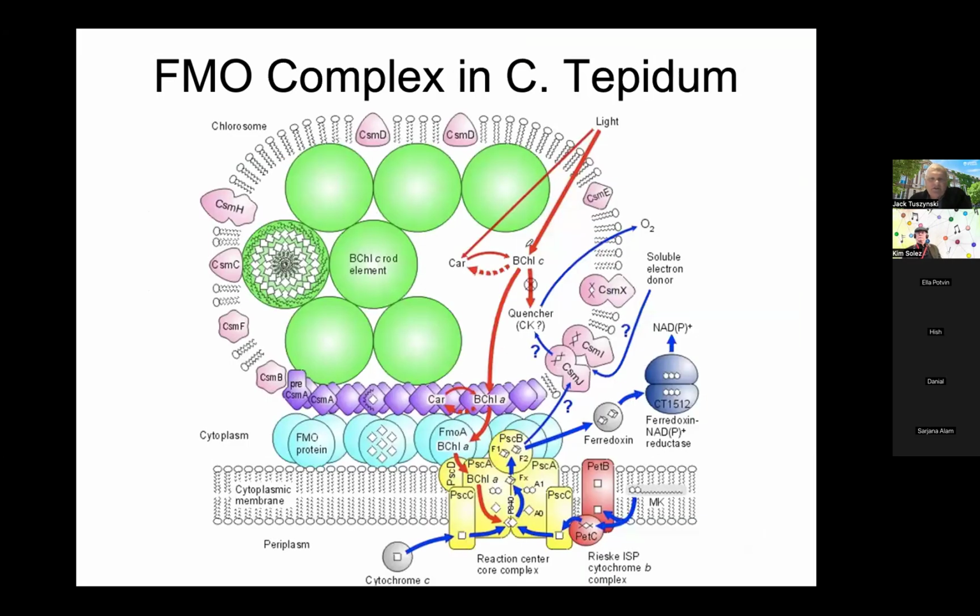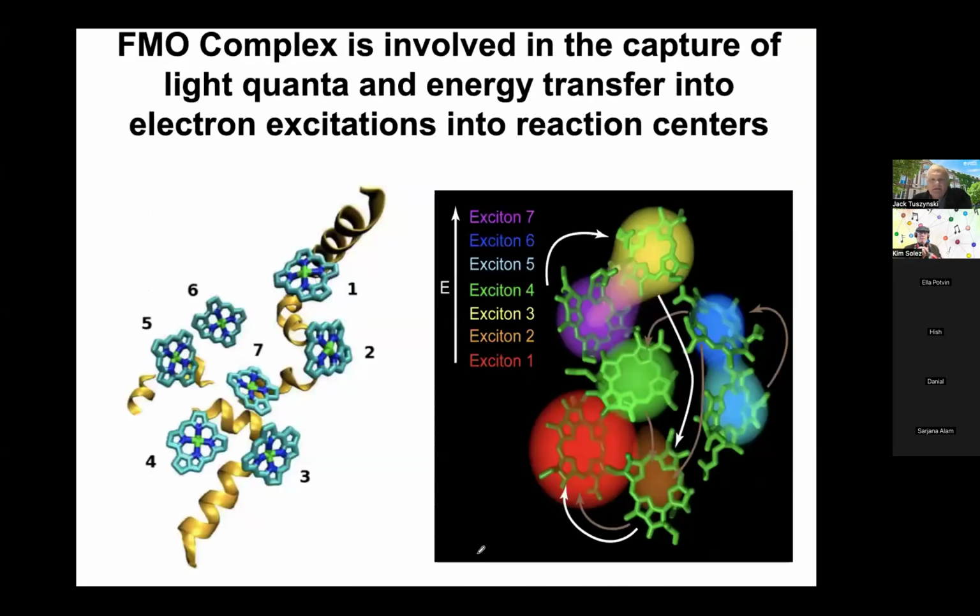It's a thoroughly complicated structure, and the process is shown here in schematic representation. And again, that's the structure of the active complex, which is involved in the capture of light quanta and creation of these excited states